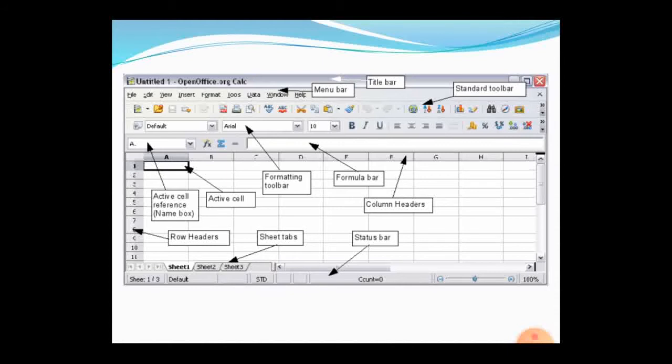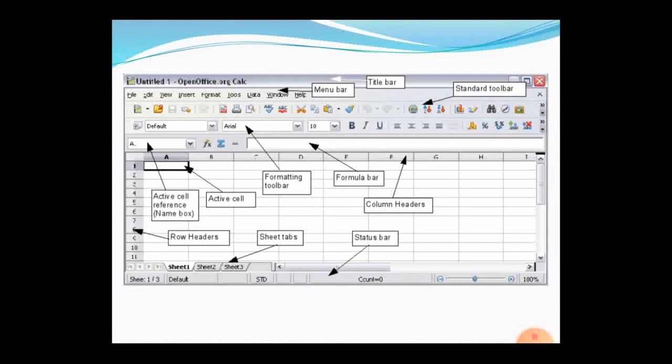Okay, the next one here is the row header, which gives the name for your active working cell. When a box is bolded, it is called the active cell, where your cursor is placed.